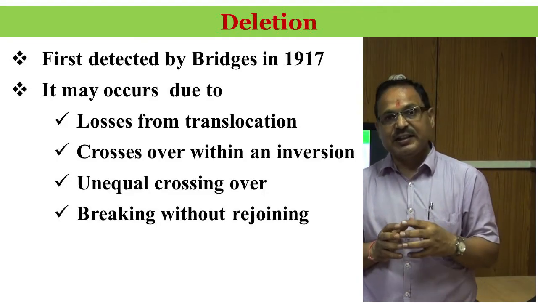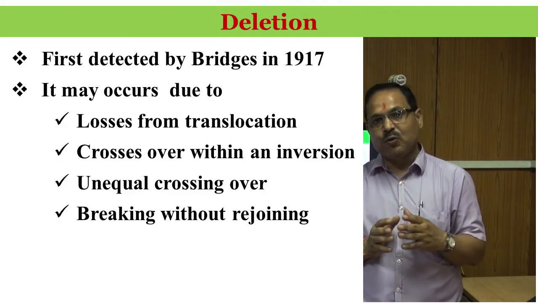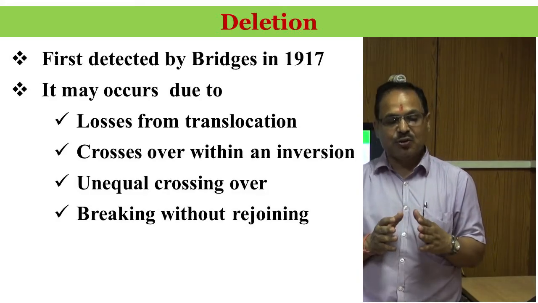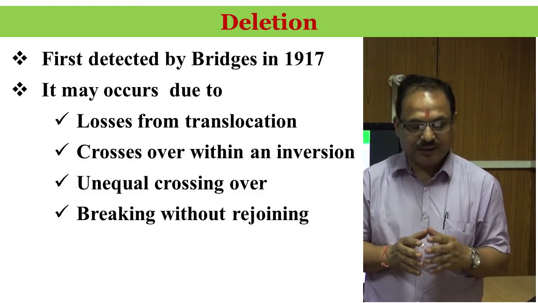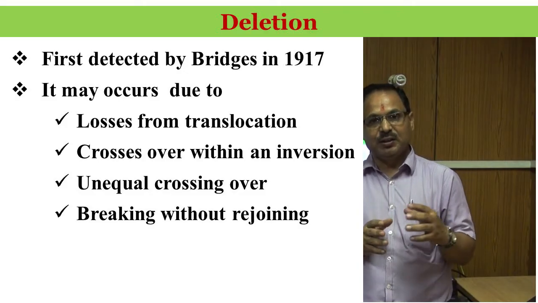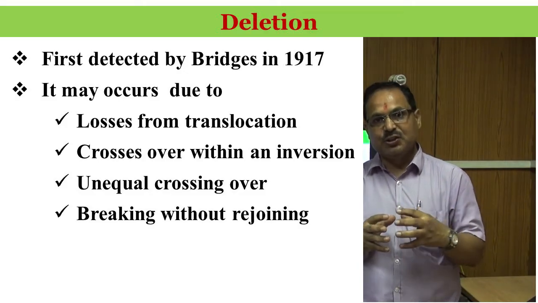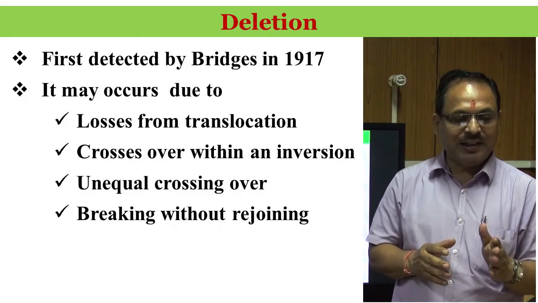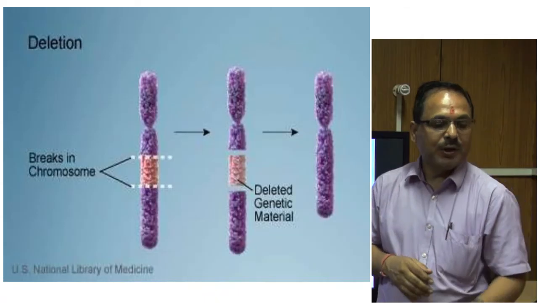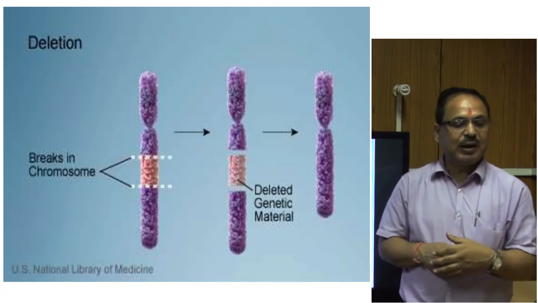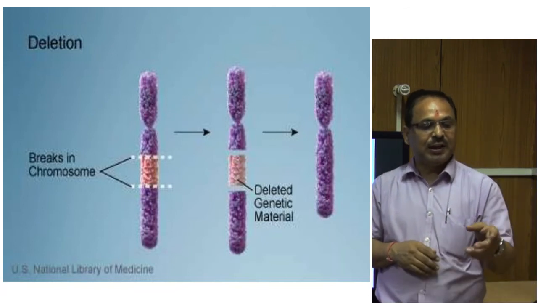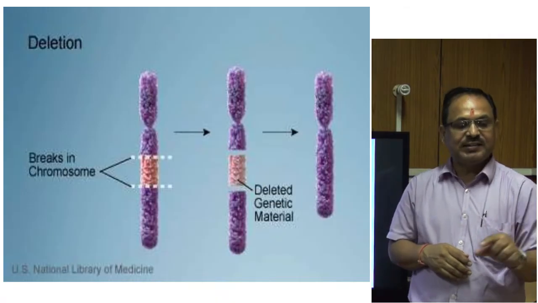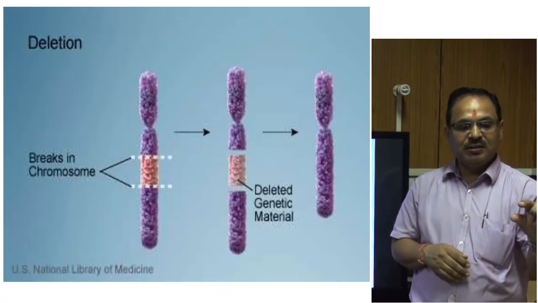Here in this case, only the breaking of the chromosome takes place; the reunion is not there. Rejoining of the segment part does not take place in this deletion. Once it breaks, it is lost. You can see here the photographs of deletion, where in the normal chromosome 2 breaks take place, and that